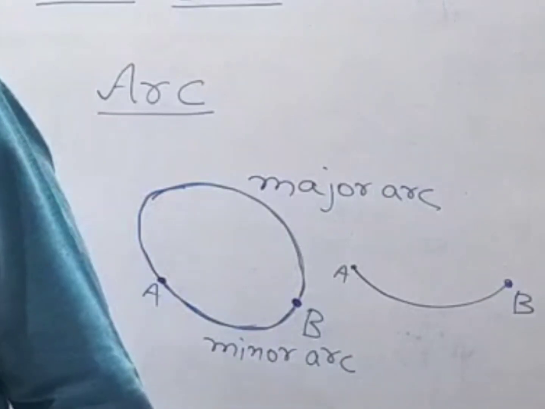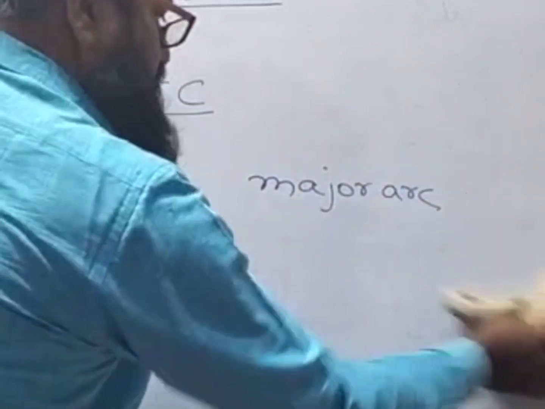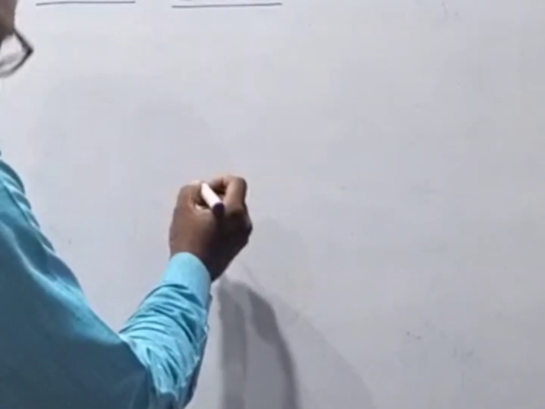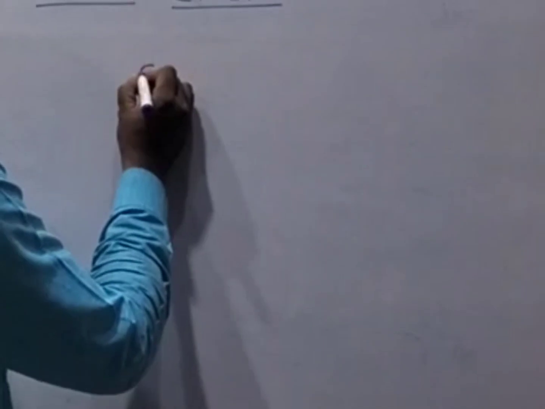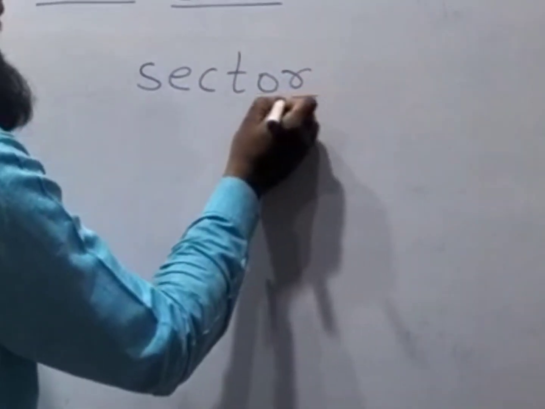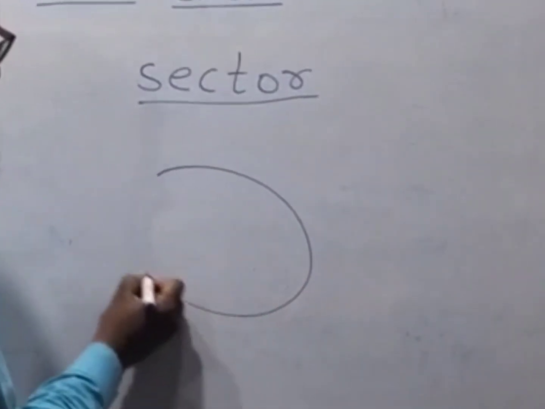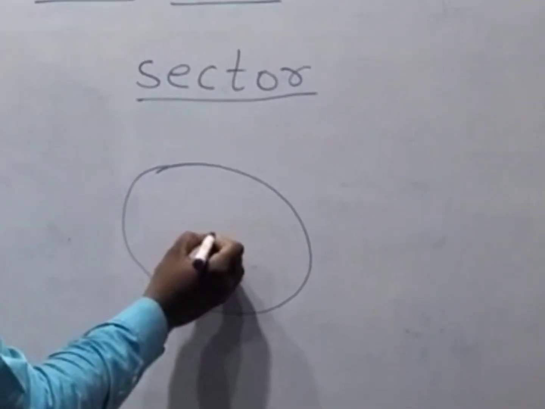तो चलिए अब हम लोग अगले टर्म पे चलते हैं। आर्क के बाद हम लोग देखेंगे सेक्टर। सेक्टर किसे कहते हैं? What is sector? Okay, suppose this is a circle, this is the center,